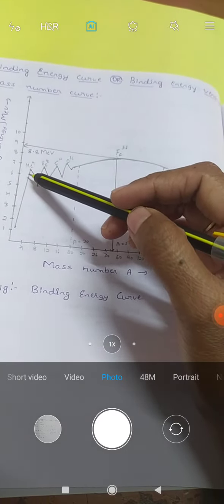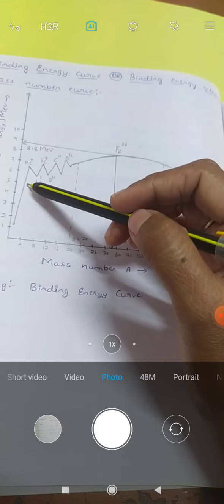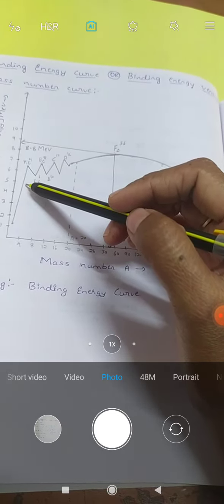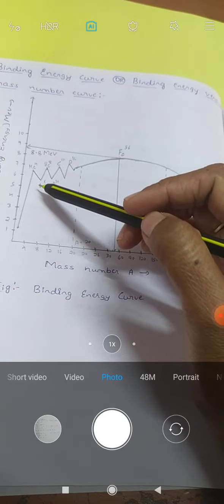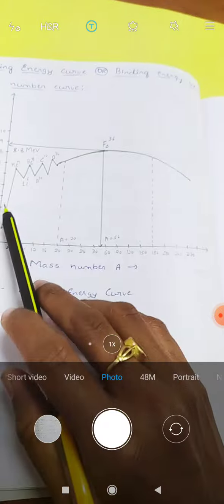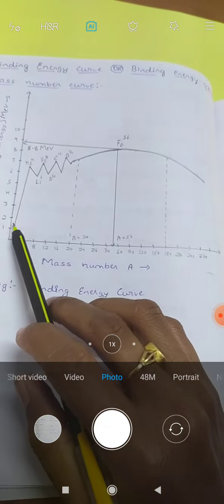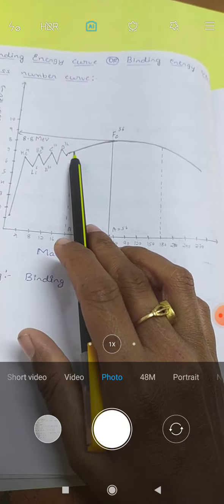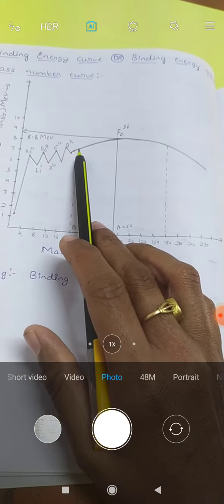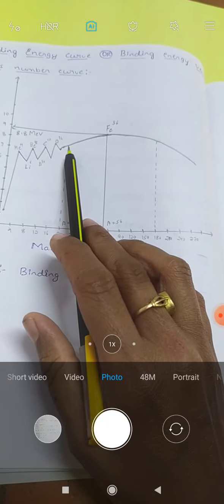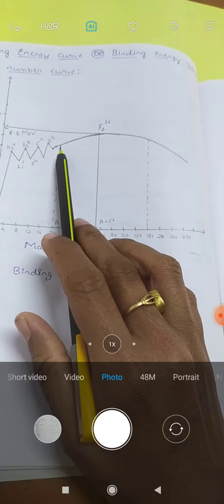The next, second point is that the specific binding energy increases rapidly up to the mass number A equal to 20. Here in this case, the mass number is 20. Up to this region the specific binding energy value goes on increasing. So the specific binding energy increases rapidly up to mass number A equal to 20, and